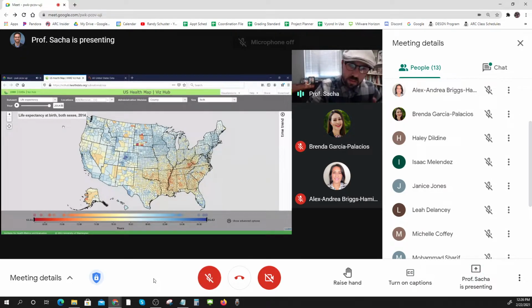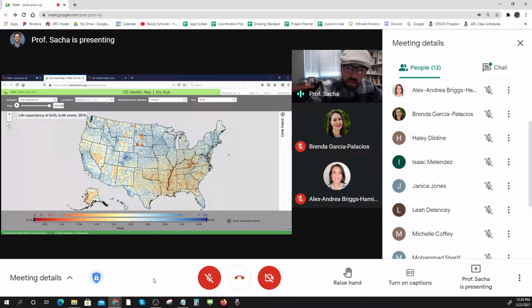Go me. Okay. So this data is a little bit old, but it's something that I've used in the past that I know the data is good, at least for 2014 when it was collected. What we're looking at here is a map of the United States broken out by counties, and this is the life expectancy. This is how long, on average, a resident of that county would be expected to live in 2014. It's a little hard to see on my end. It's a little bit pale, but the darker the red, the lower the average life expectancy. The darker the blue, the higher the average life expectancy.